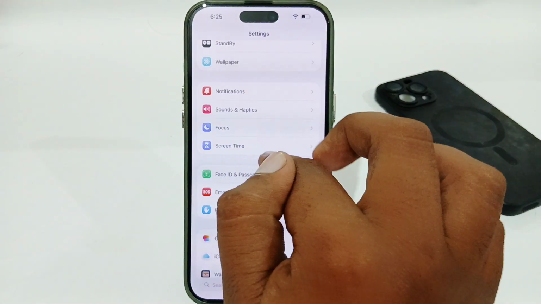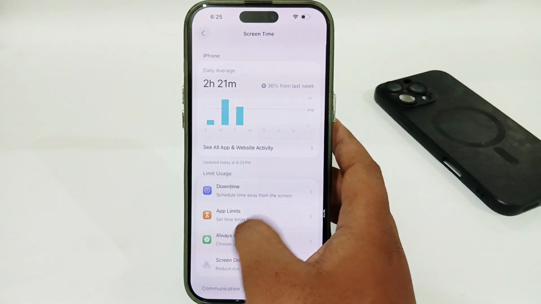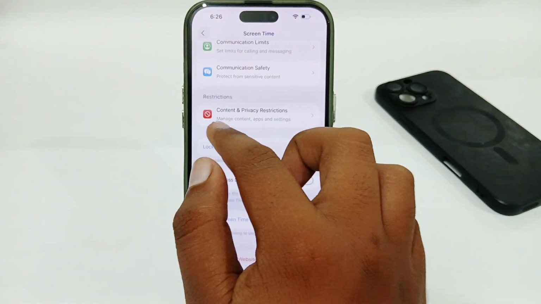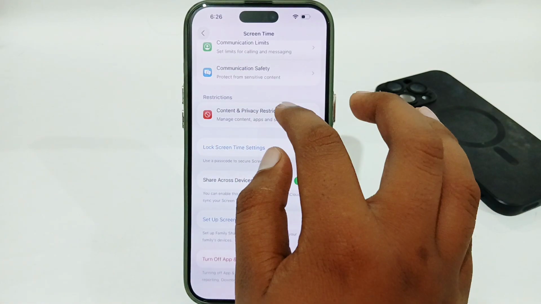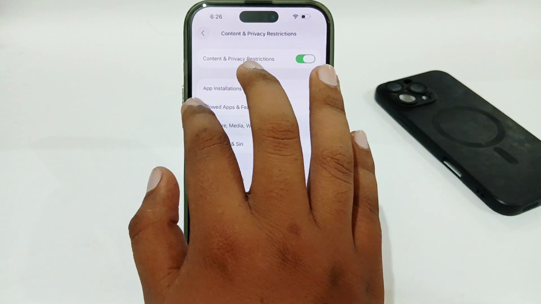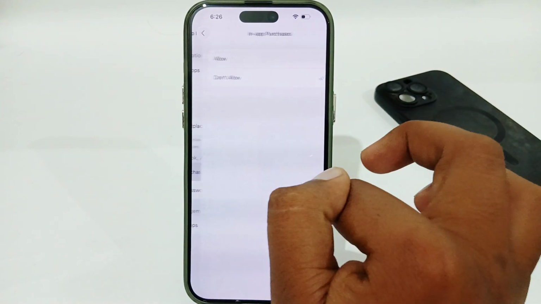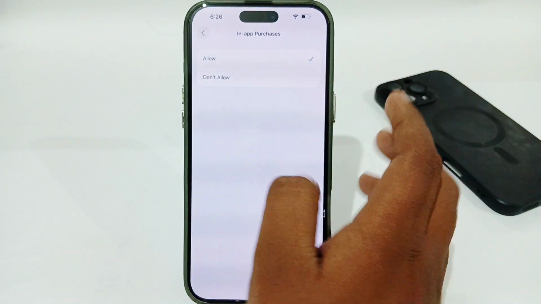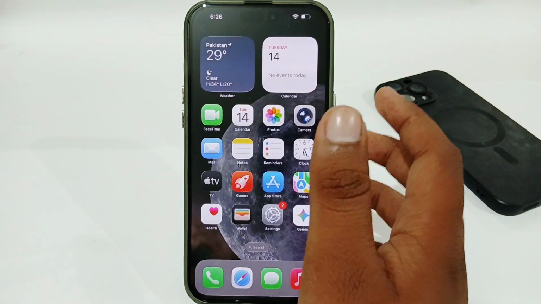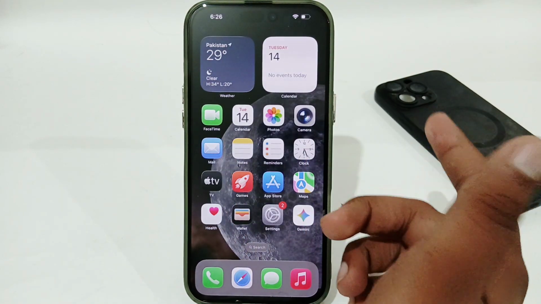find Screen Time, select that. Then scroll down and you'll find the option of Content and Privacy Restrictions. You have to select that. Then select App Installation and Purchases. Then select In-app Purchase and you have to select Allow from here. Once you have selected Allow, it will almost fix your issue, or if you're still having the same issue,